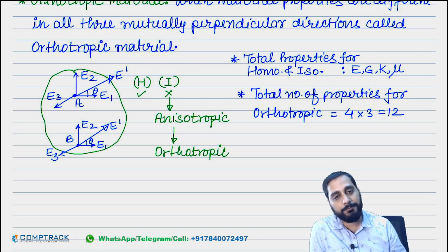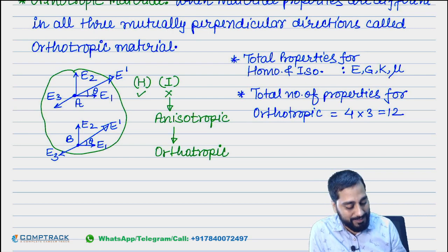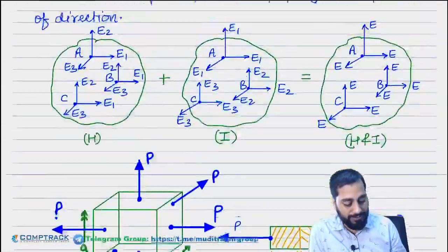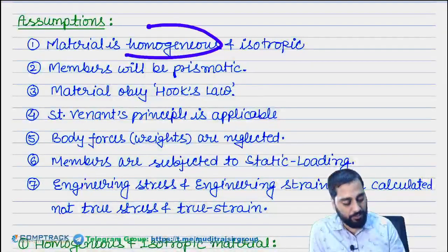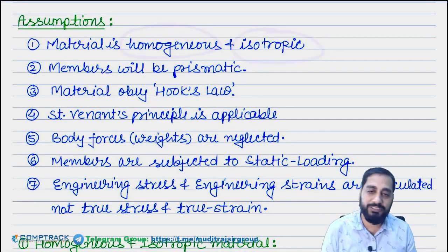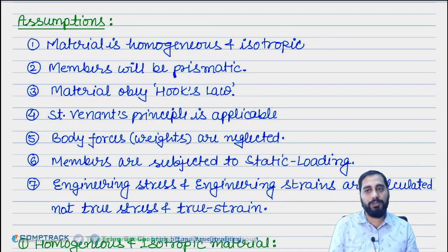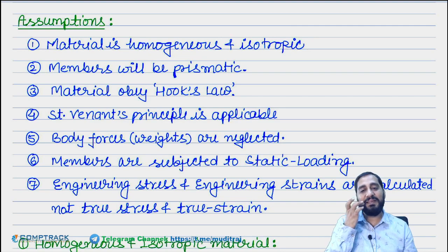Clear हुई बात यहाँ तक? So अपना पहला assumption पूरा हुआ. First assumption was what? Material is homogeneous and isotropic. Now you know what is homogeneous and isotropic. We are assuming for simplification of the